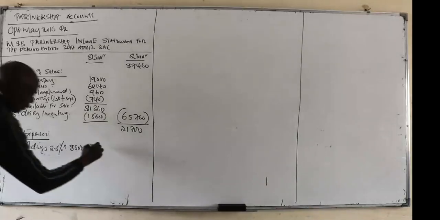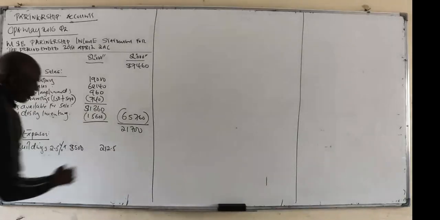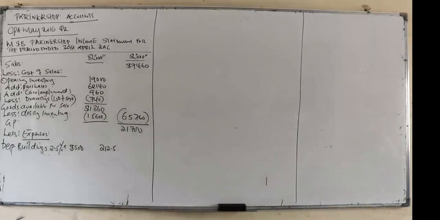So 212.5, you write there 212.5. Then we have depreciation on furniture. So you write there depreciation furniture. The value is